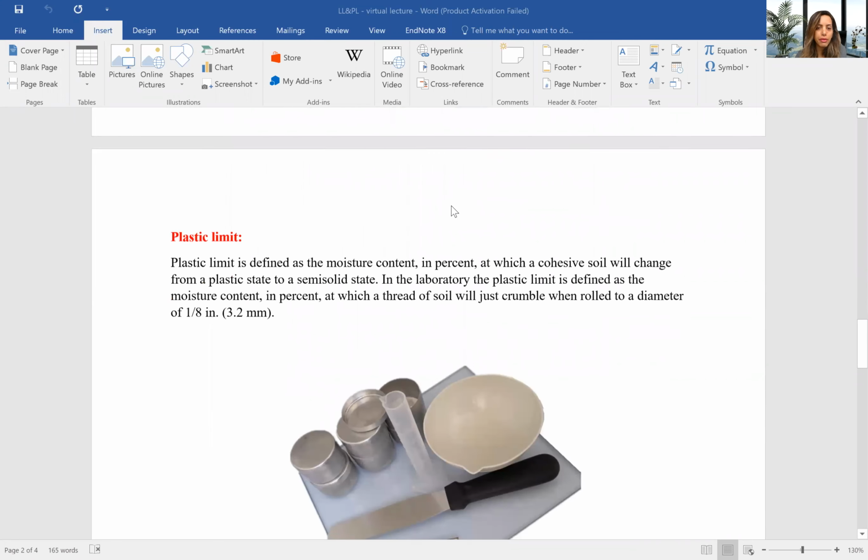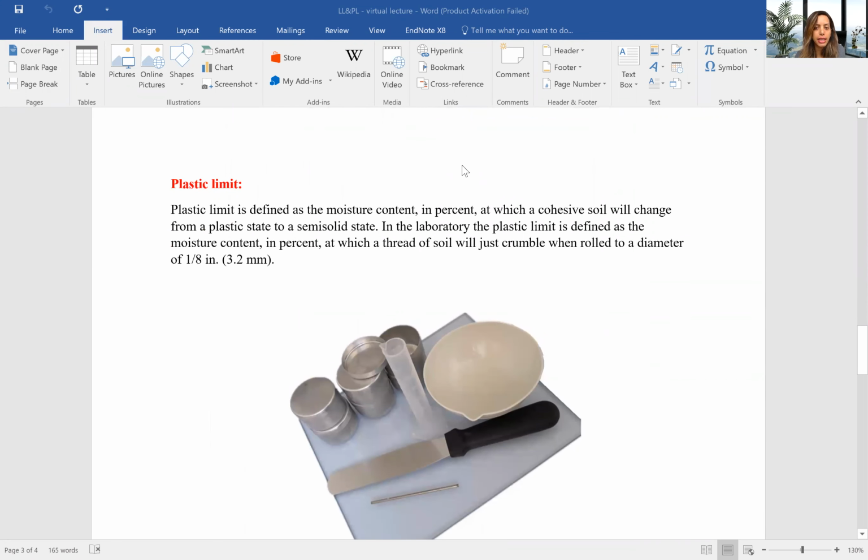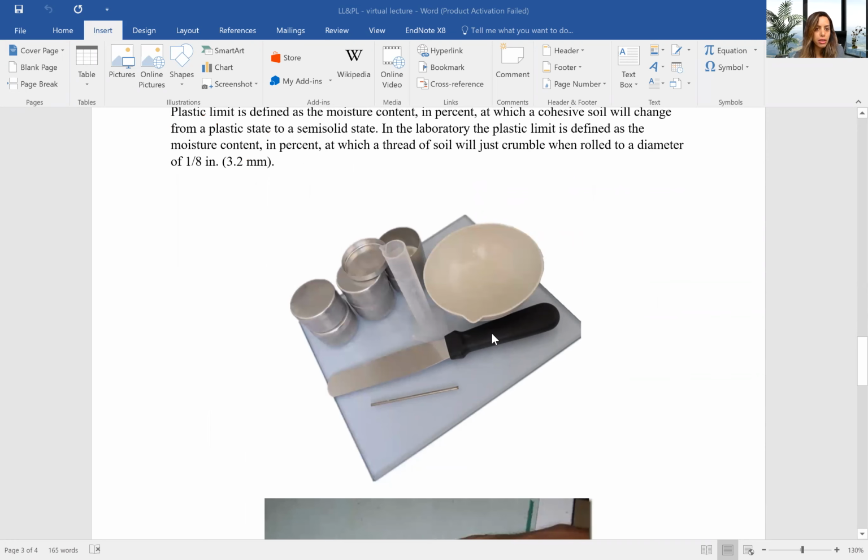for the plastic limit, we mentioned that plastic limit is the moisture content in percent at which the cohesive soil will change from plastic to semi-solid. So I should note here that we do the liquid limit test and plastic limit test for cohesive soil when they have fines in them. So what we need for this test is a bowl to mix the soil with water. We need a spatula to mix the soil. We need a cylinder for the water. We need a couple cans to get the moisture content of the soil. And we need this little bar to measure the diameter of the soil thread when we are rolling it on this glass